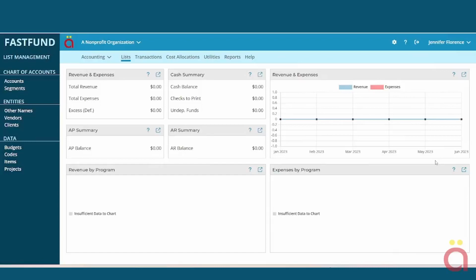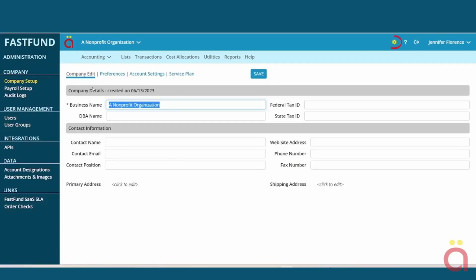The first step in setting up your FastFund Online system is entering your company data. Only your company administrator has access to the administration menu to set up your company data. To set up your company data, click the gear icon on the top right of the FastFund window and select